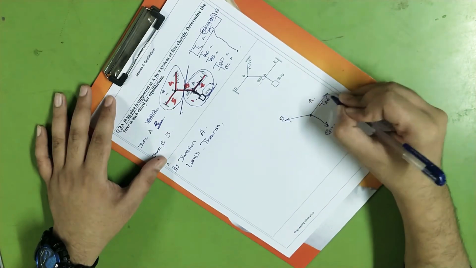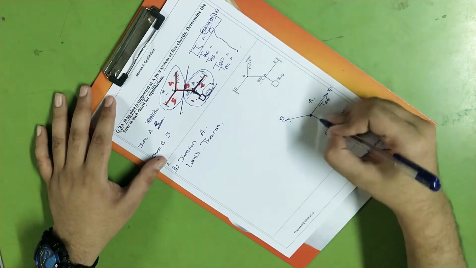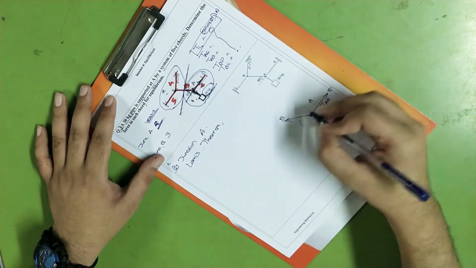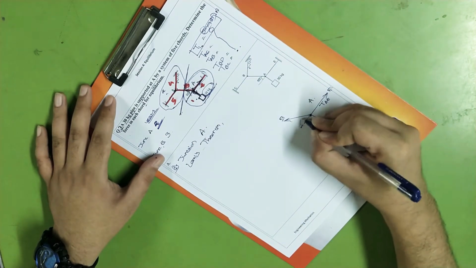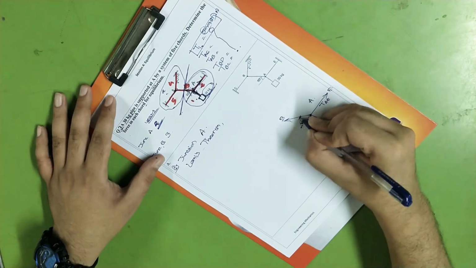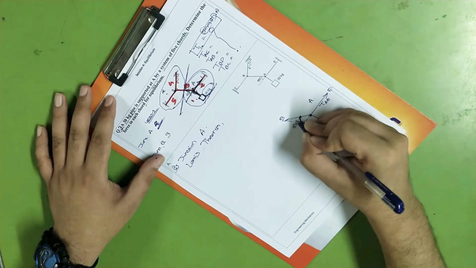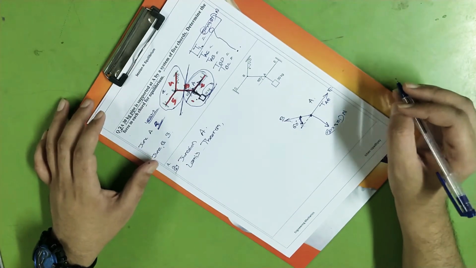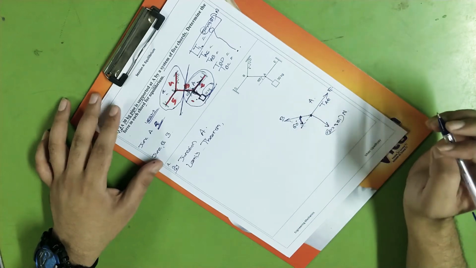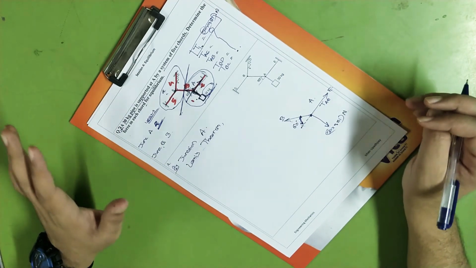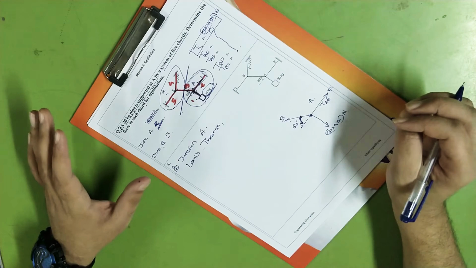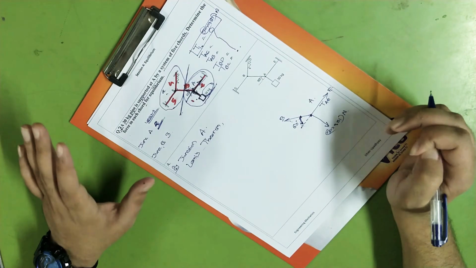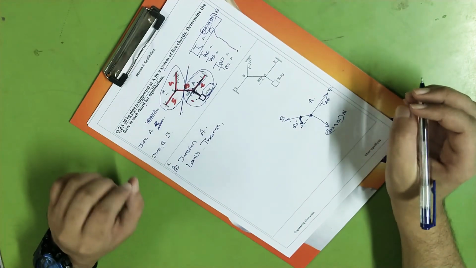So this is point A, this is point E, and 3 strings are provided. Here you can see that this angle is given to me as 60 degrees. So the same angle I will show here, and this angle is given to me as 60 degrees. Now when we apply Lami's theorem at junction A, what is Lami's theorem? The ratio of force upon sine of the opposite angle, or sine of the angle made by the other two forces, is the same.